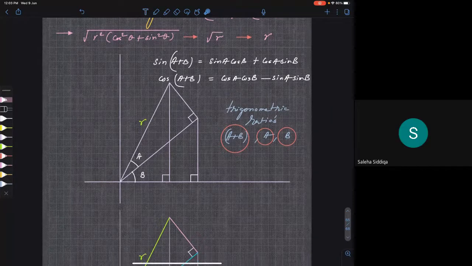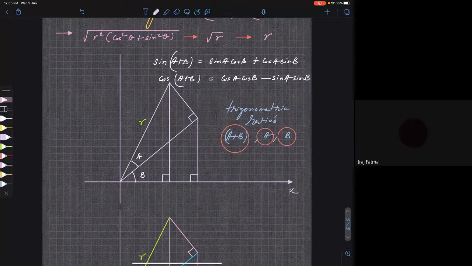Now here I have drawn a diagram. These are Cartesian coordinates. This is x-axis. This is y-axis. Right. So for all angles, do we need 90 degrees? For writing trigonometric ratio, what do you need? A right angle triangle. You need a right angle triangle. Only then you'll have something like opposite side, something like adjacent side, something like hypotenuse.